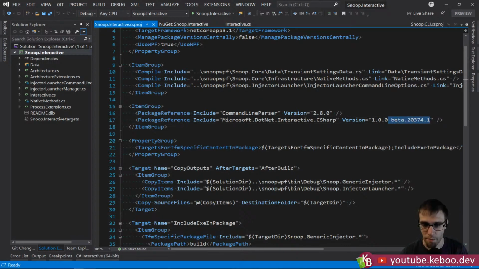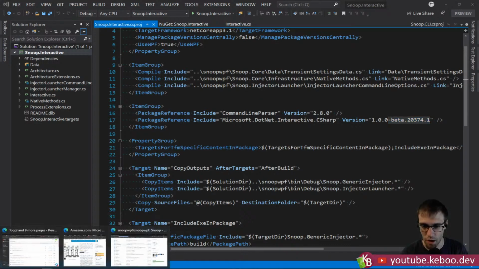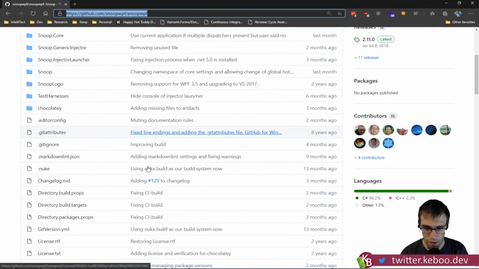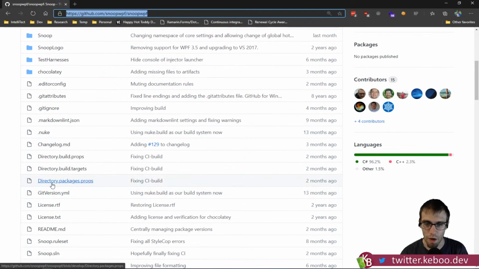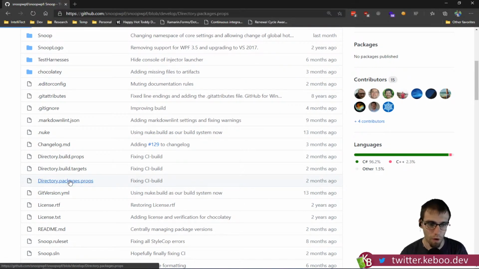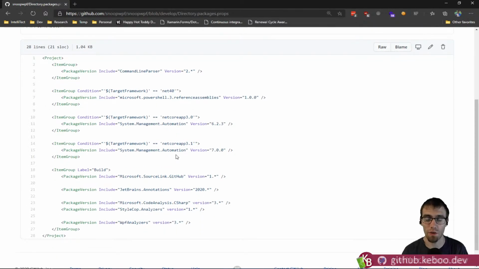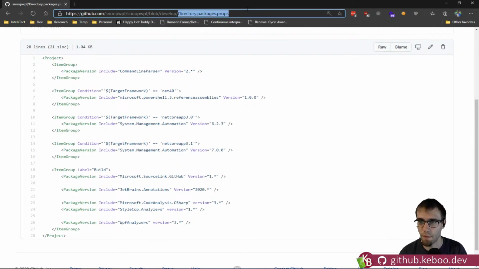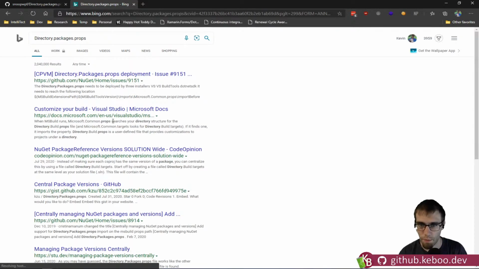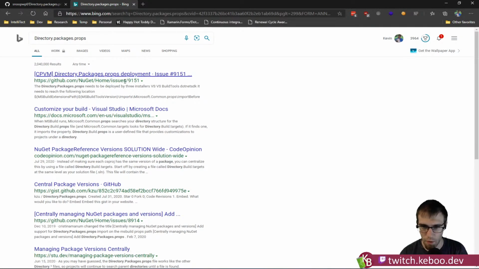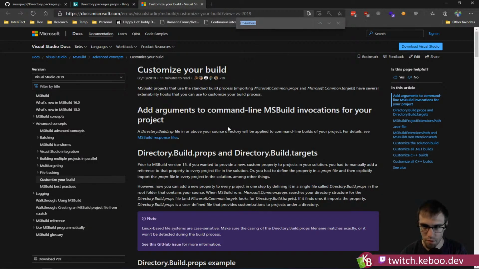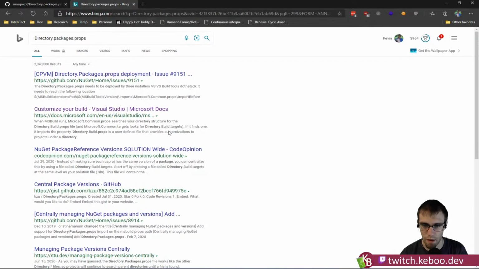Now, Snoop is taking advantage of a new feature on NuGet called directory package props. For people who have had to manage your NuGet packages and you're really annoyed that you can't just manage them in one place, you have to go project by project by project, this is the feature to solve that, right? And actually I can drop this in. This one kind of came out without a lot of